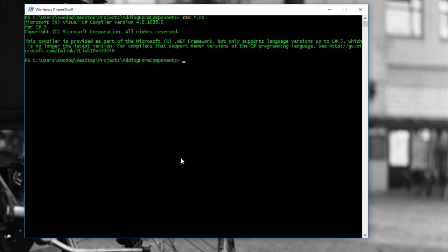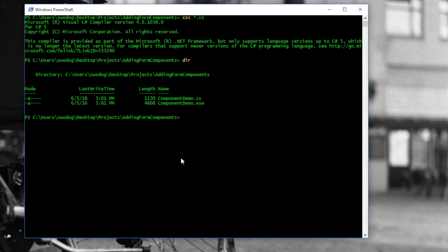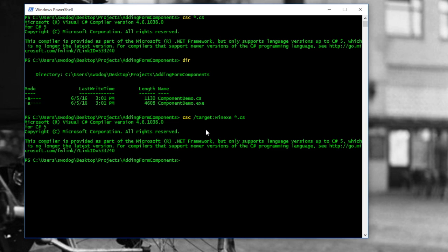All right, so it compiled. We can do a test and say, yep, there's my executable file. And now let's run it. Well, I compiled it, right? I don't need a console, so I'm going to compile this one more time, but I'm going to do it with the /target:winexe. So I'm just going to compile this to a Windows executable,